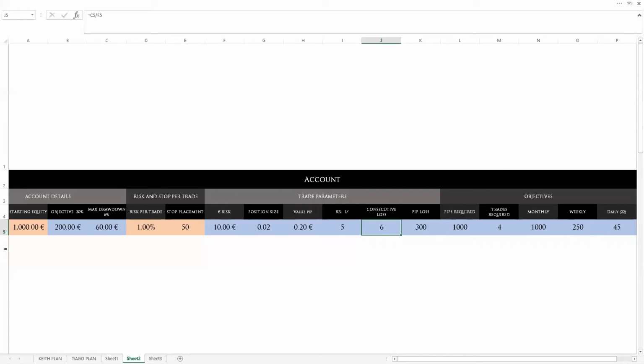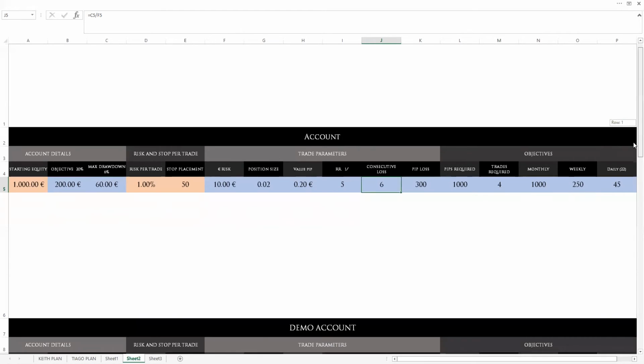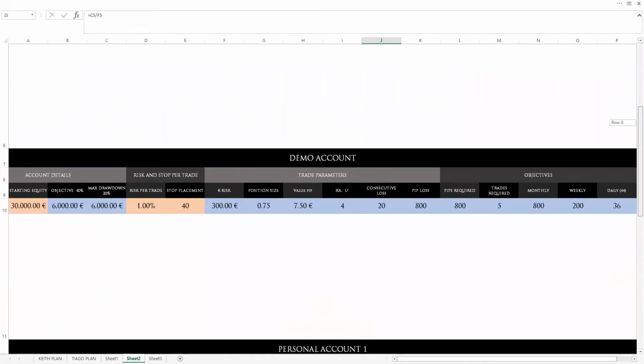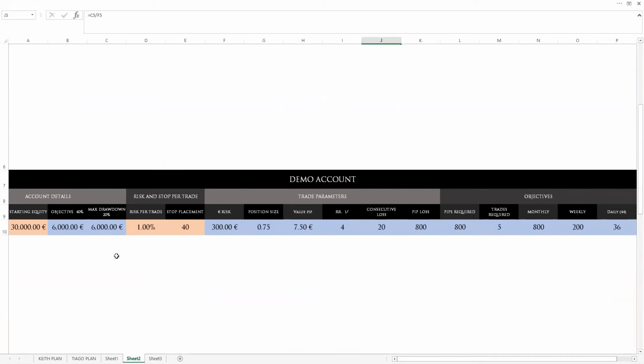So for my plan, I played around with this spreadsheet, and because I have several accounts, I'm looking at 4 different strategies according to what I want to trade. So I have one really aggressive demo account, which you can look at on the graph. It's made